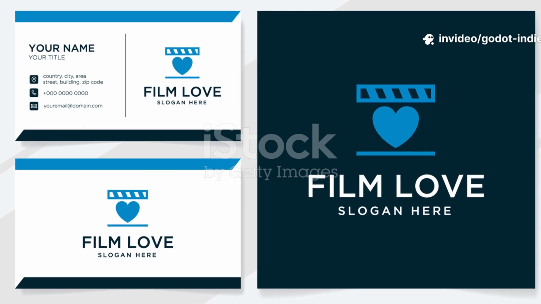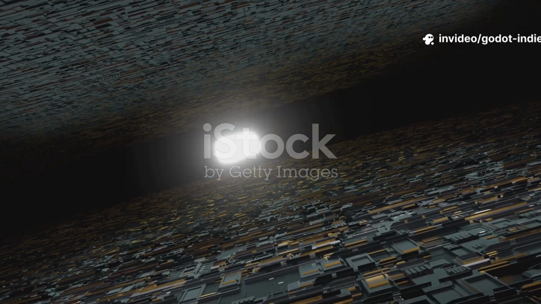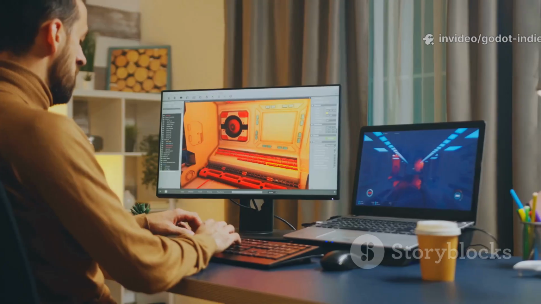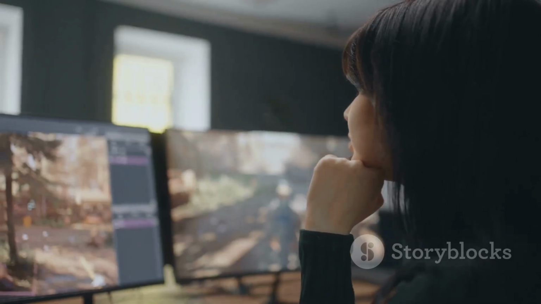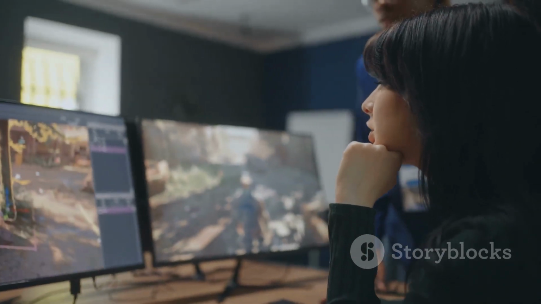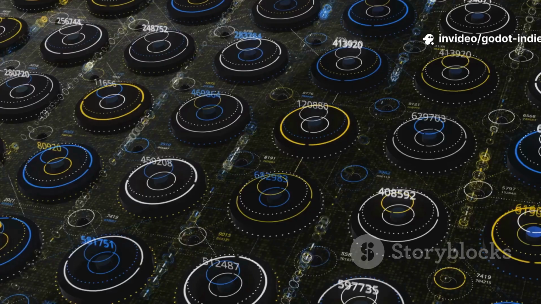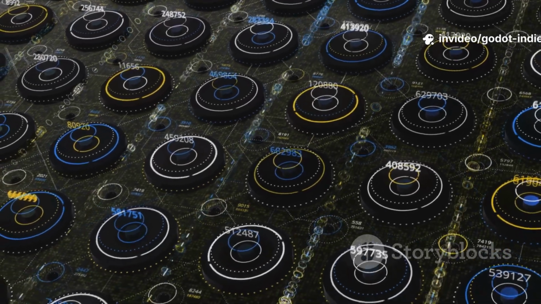You have an idea for a game. It's a small idea, a simple platformer maybe, or a clever little puzzle game. The excitement is real. You sit down at your computer, ready to build. You launch one of the big, industry-standard game engines. Suddenly, the excitement fades. It's replaced by a feeling of being overwhelmed.